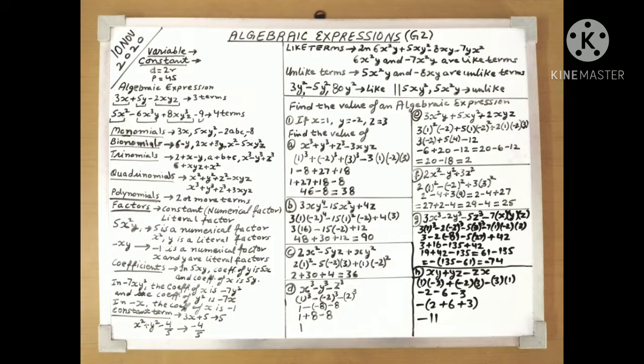Say for example, the diameter d of a circle which has a radius r will be given by the formula d is equal to 2r. Diameter is twice the radius. Here 2 is a fixed number, therefore a constant, whereas the literal numbers d and r are variables because they can take any value. Depending on the values of r, we will get different values of d. I hope you got it.